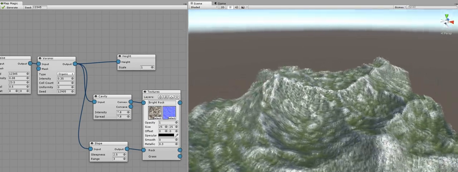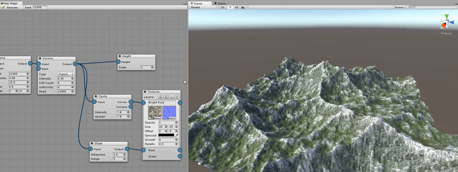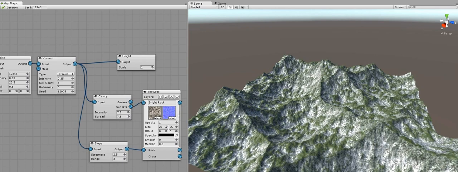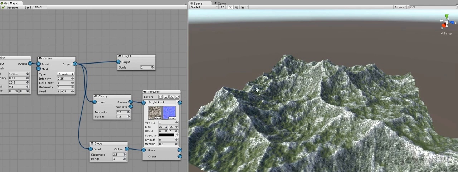You can see that all of the bulge areas are filled with a bright rock. By the way, if you connect a bright rock with concave output, you can see that it fills the concave areas. And now I'd like to say a couple of words about the layer order.